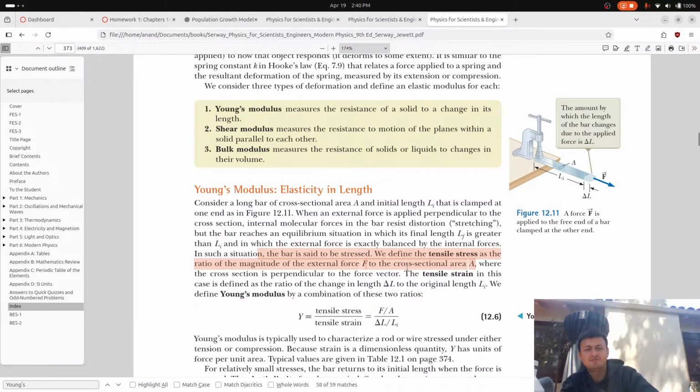I hate when they do that, because whenever I think of an area, I always think of its normal. But they're not talking about the normal. The tensile strength in this case is defined as the ratio of the change in length to the original length. We define the Young's modulus by a combination of these two ratios. Okay, so Young's modulus Y is equal to the tensile